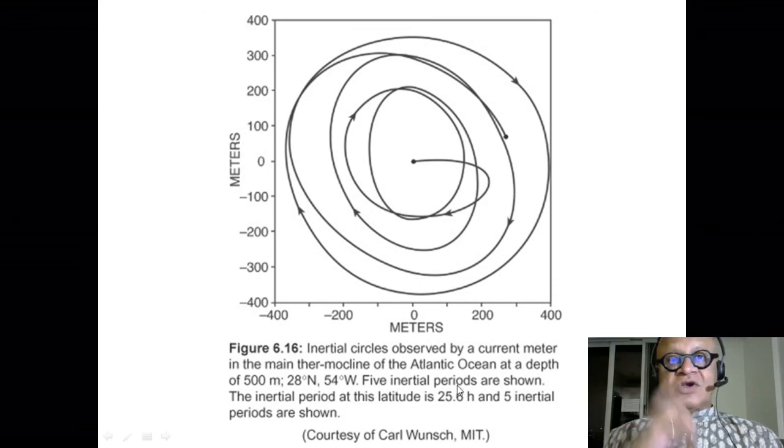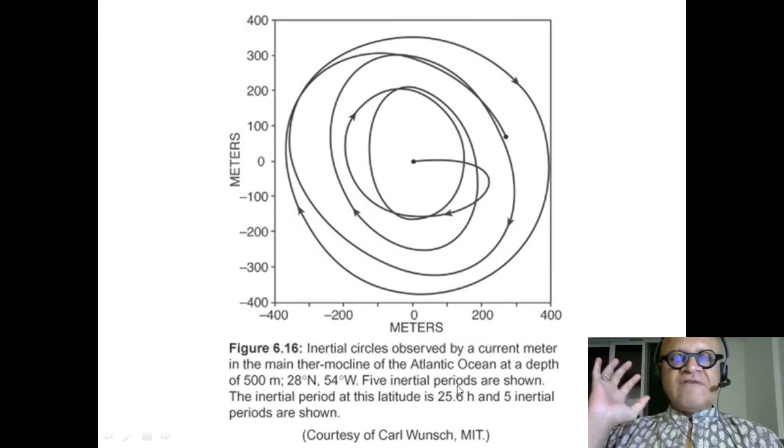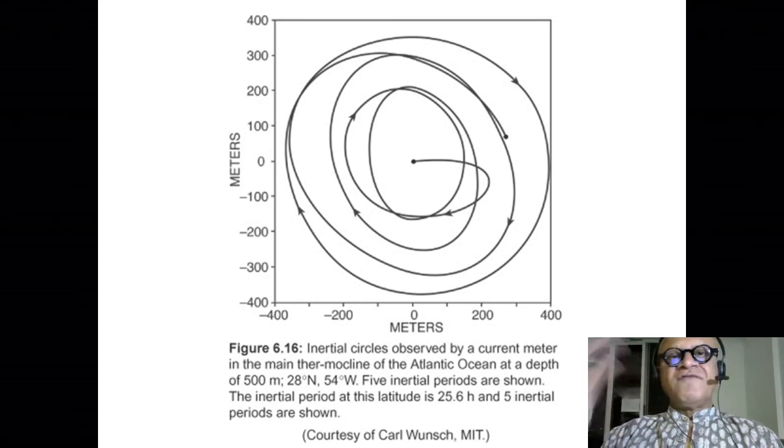Earth rotates. If you push and leave things, they can have an inertial circle. Very hard in the atmosphere because friction is much larger and things move fast. I should be careful how I say it, but nonetheless, in the ocean, which moves slowly, you can easily see